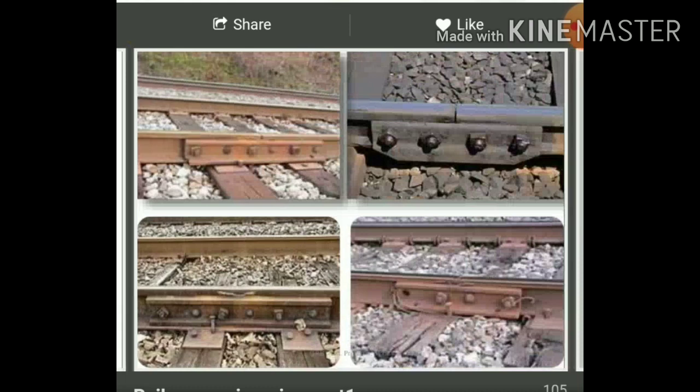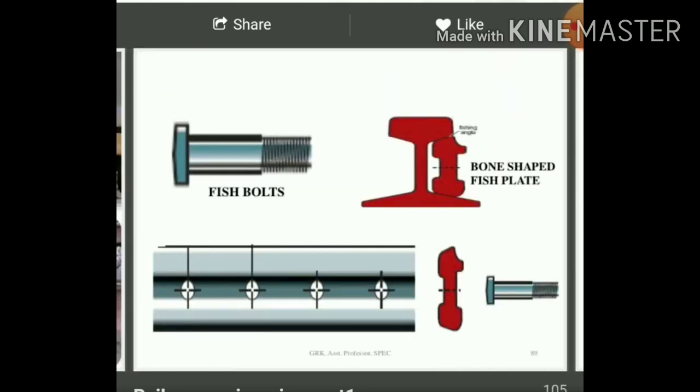In this picture you can see different fish plates which are used to connect two rails together. You can see two rails here, and at the place of the two rails, a fish plate is used only to join the two rails together. The two rails and the fish plate have all been connected by using bolts. Those bolts are called fish bolts. You can see here the different dimensions of fish bolts and fish bolt holes, and also some gap should always be there between the rail and fish plate. In this picture you can easily understand.